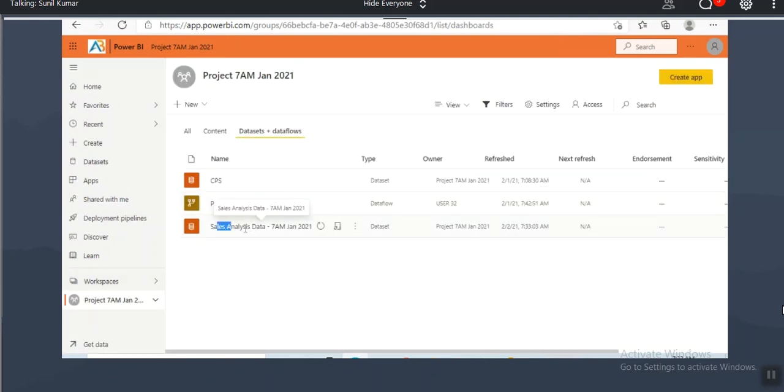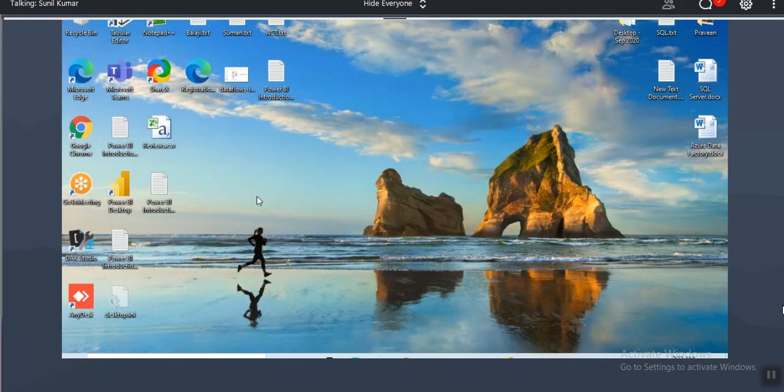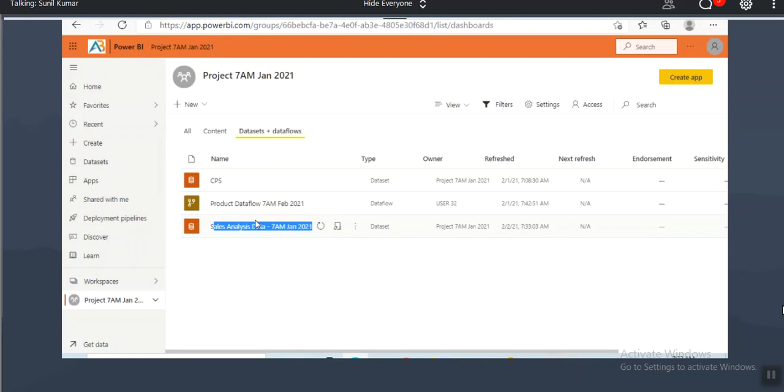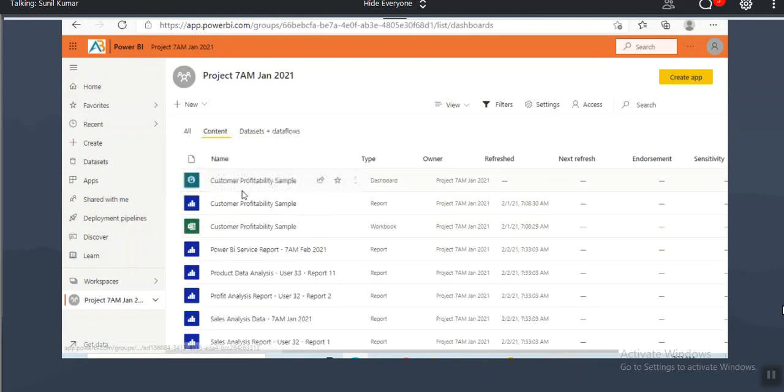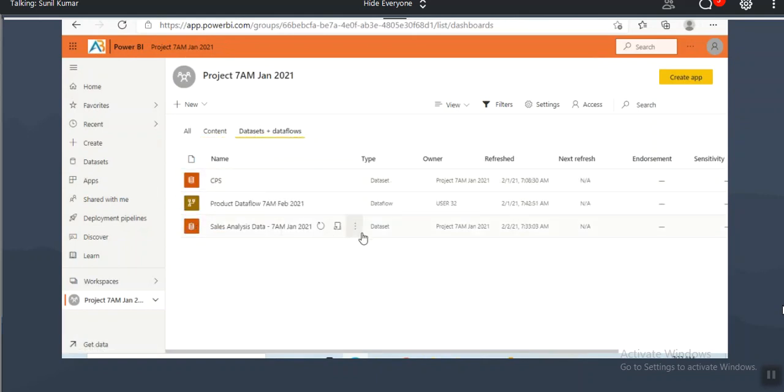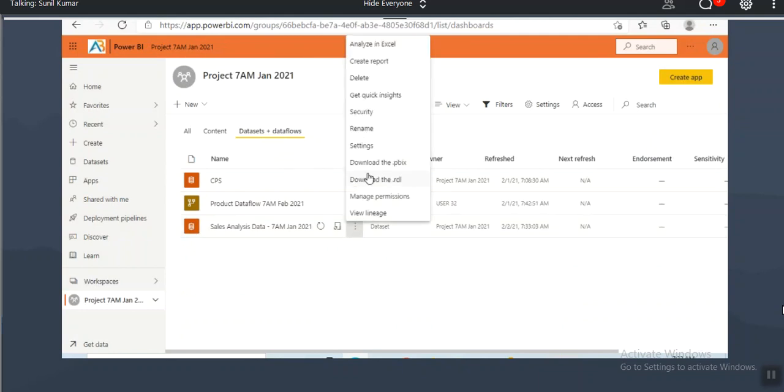Now, is this data set sufficient to create the additional 2 reports? Yes. At any point of time, after creating the data set, you can modify it. If you have a copy of it, you can open it, modify it, and republish it, and use the data set for creating the reports. At any time you can modify it. That is the download the PBX file option. The next one is download the RDL file.